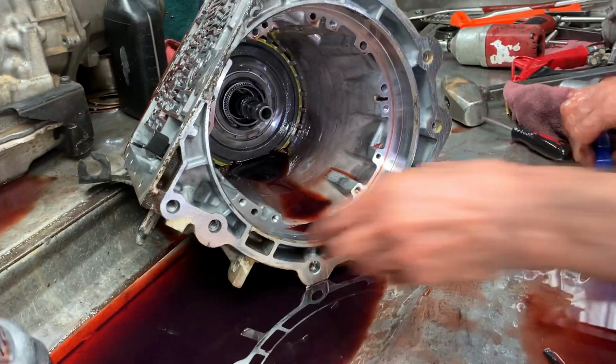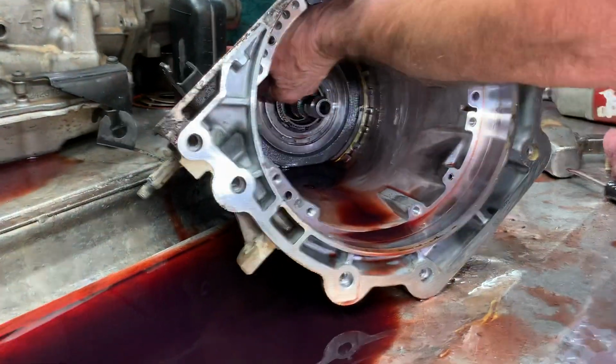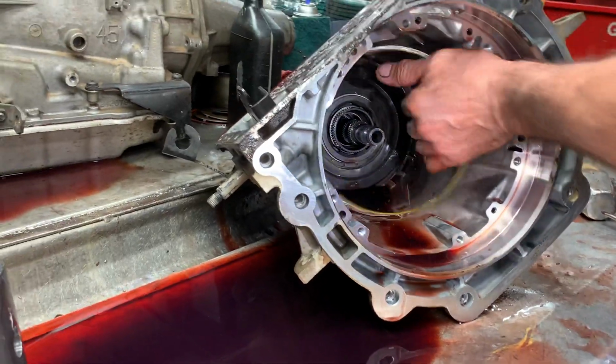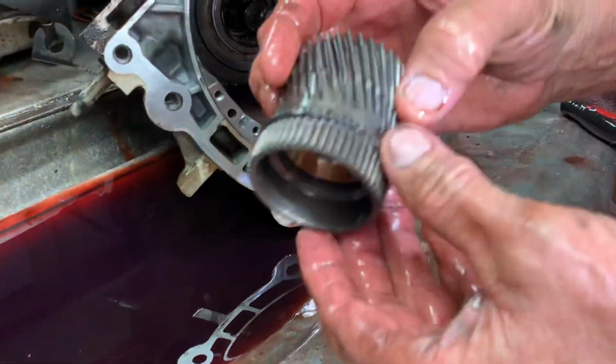Literally. It's a dog-eat-dog world out there right now. Yes. And it's everywhere. We can't get parts for a lot of stuff now. My parts guys just